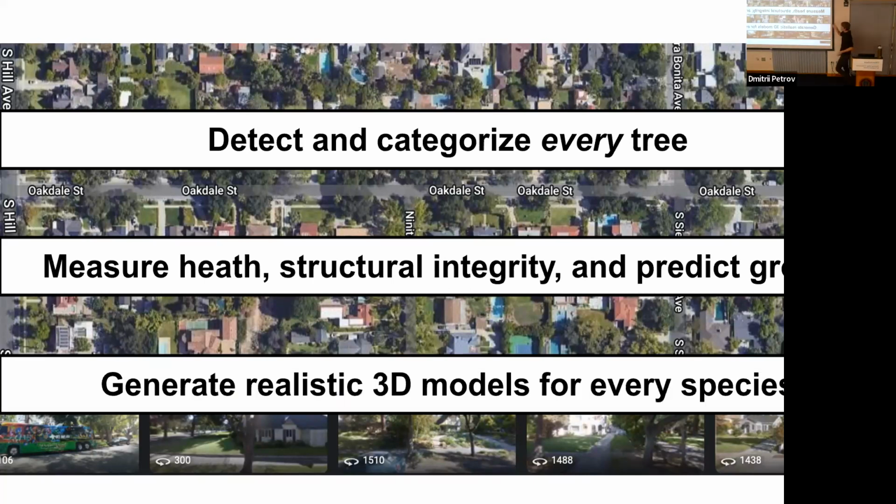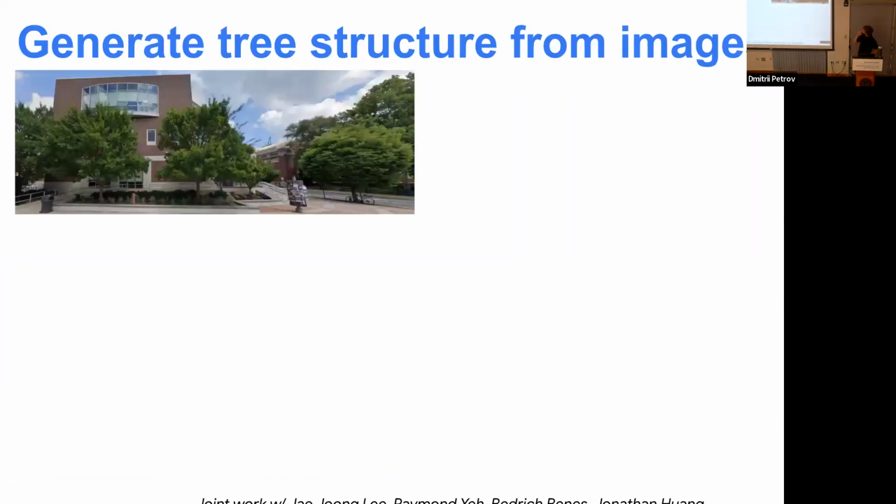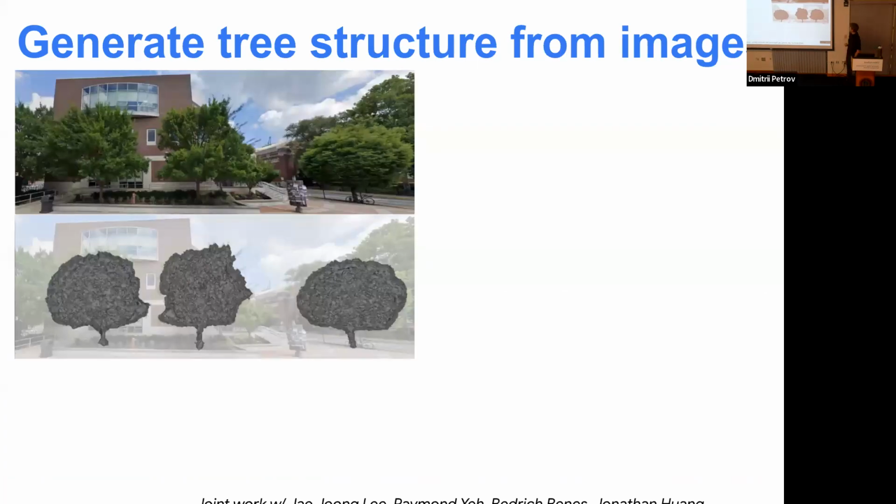And then another thing we're interested in, which is related to this, is trying to generate realistic 3D models for every species. And actually beyond just realistic 3D models, we want to generate digital twins of individual trees that are genus specific. This is the work that we just submitted to CVPR, where we're looking at generating tree structure and these digital twins of individual real trees. So we start from street level data alone. This is not really using the aerial data at all. We then use a diffusion-based model, and we train both 2D and 3D priors on those models to generate